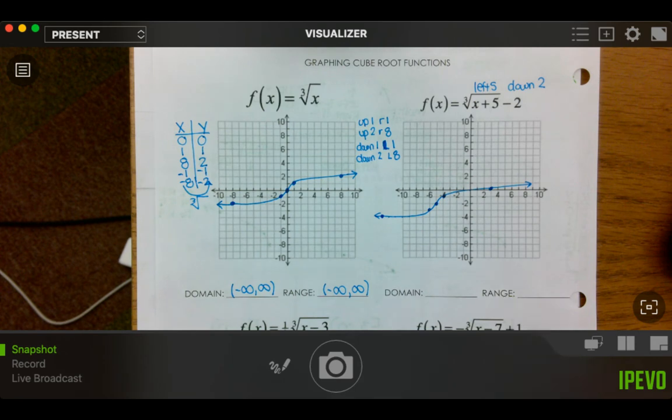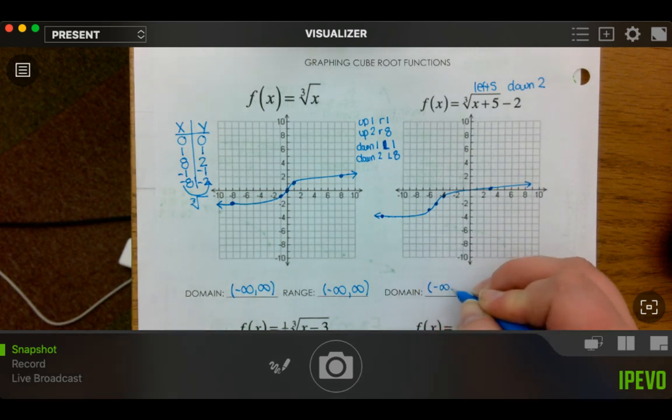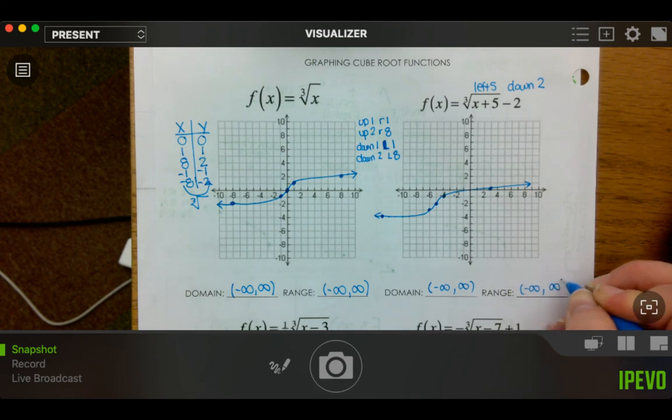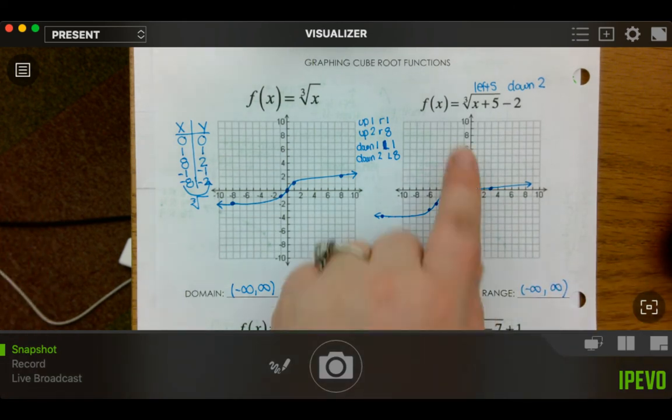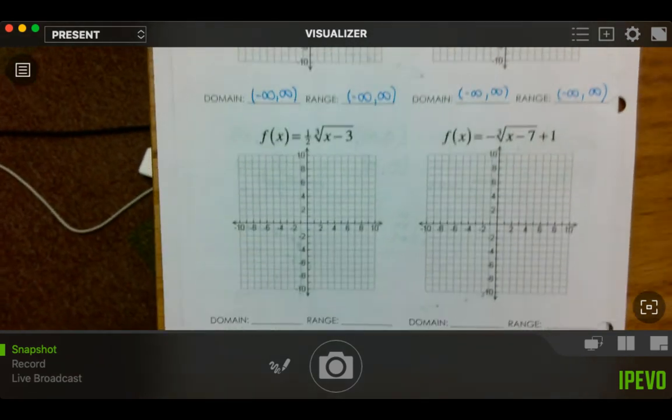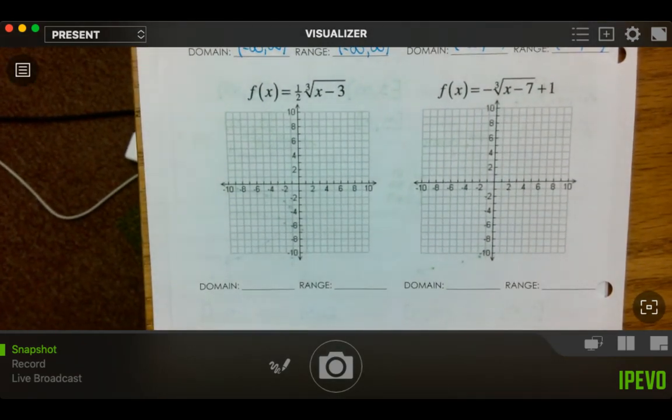Okay. And again, you can't change the domain and range for these guys. The cube root is going to be negative infinity to infinity on everything. That's never going to change unless it's not a cube root anymore. So it's really only the square root you have to focus on. And then on the bottom here,